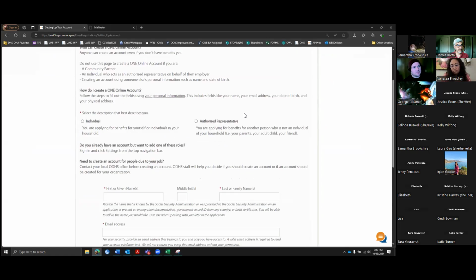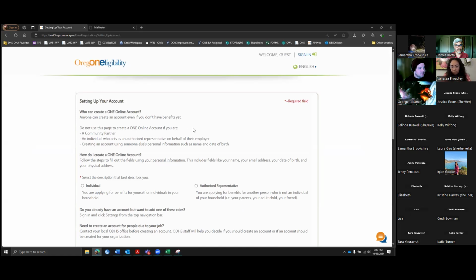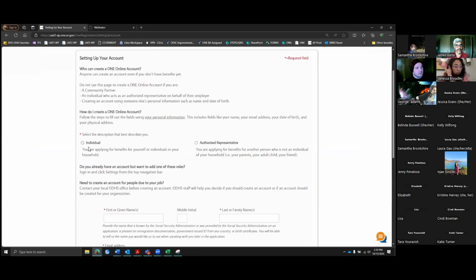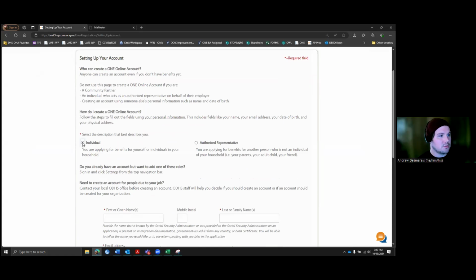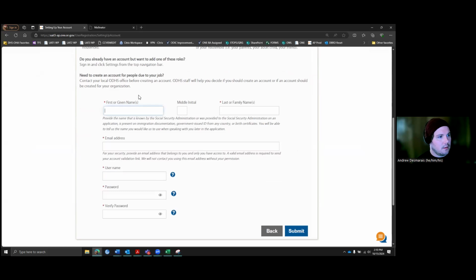As mentioned, the first step I'm going to do here is show what it looks like when you create an online account for a case that already exists with benefits in our system. When you first get to this landing page for setting up your account, you have an option to create an account for individual or authorized representative. We're going to choose individual. And this person will enter their first and last name, their email address,